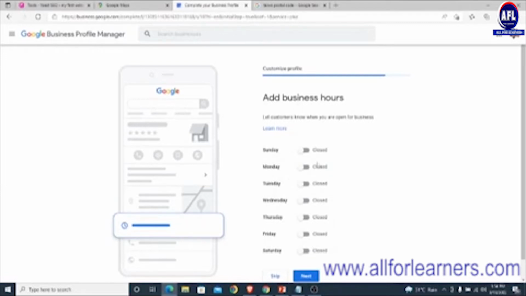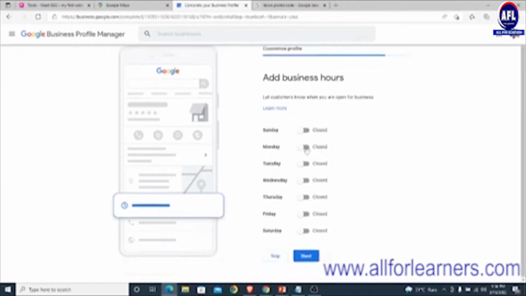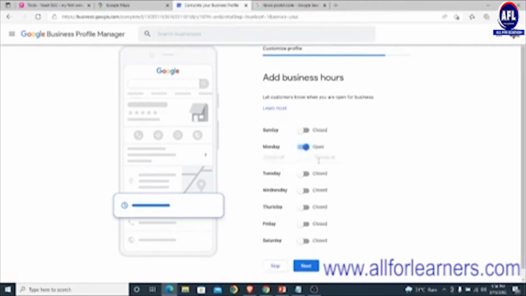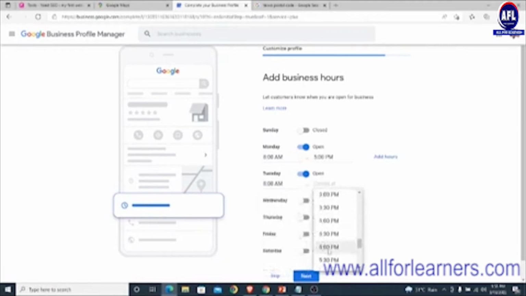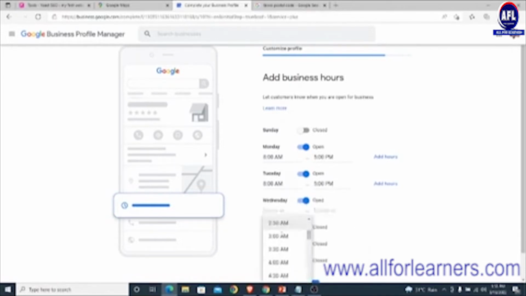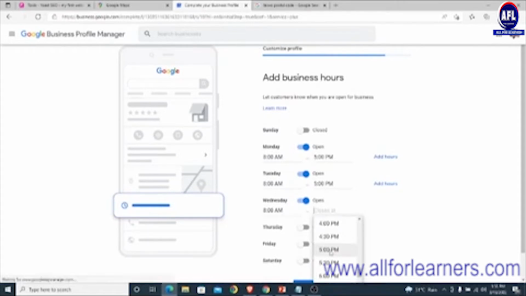Now this is where you get to enter the opening hours and the closing hours. So on Sunday it's closed. On Monday I check this. So the business opens by 8 a.m. closes by 5 p.m. right here. The business opens by 8 a.m. also closes by 5 p.m. right. On Wednesday 8 a.m. closes by 5 p.m. here. On Thursday